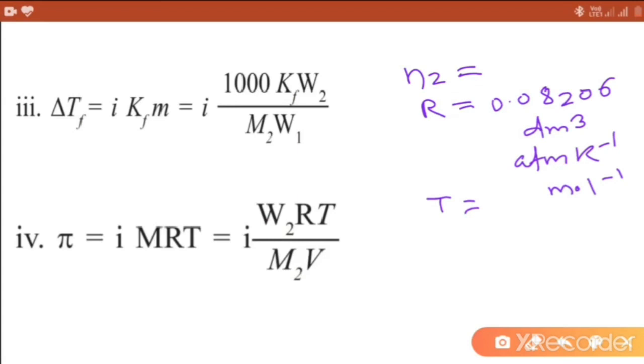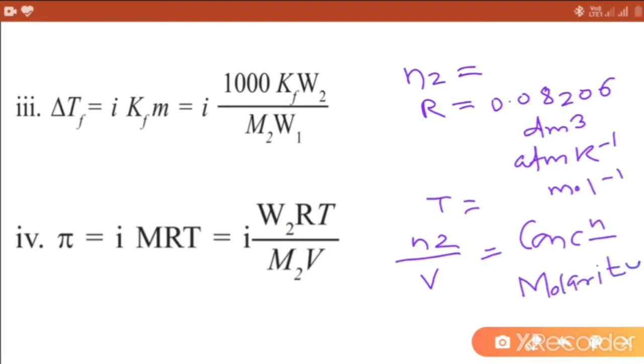And we know the value of n2 divided by V is concentration in molarity. So by putting the value of molarity capital M in this equation,